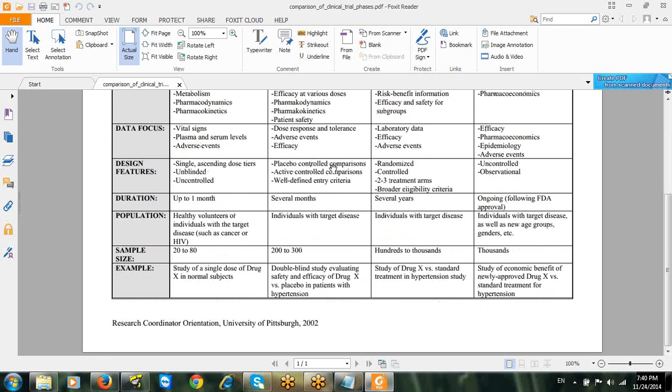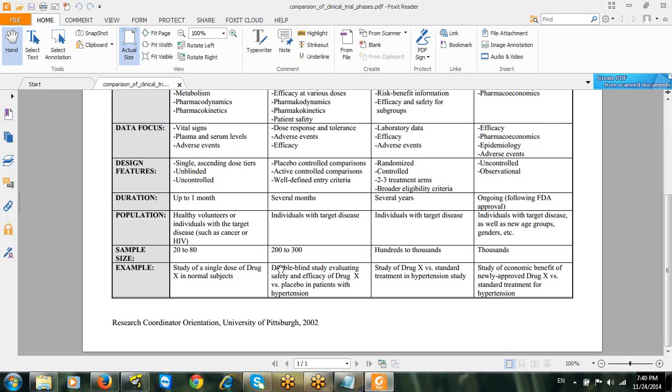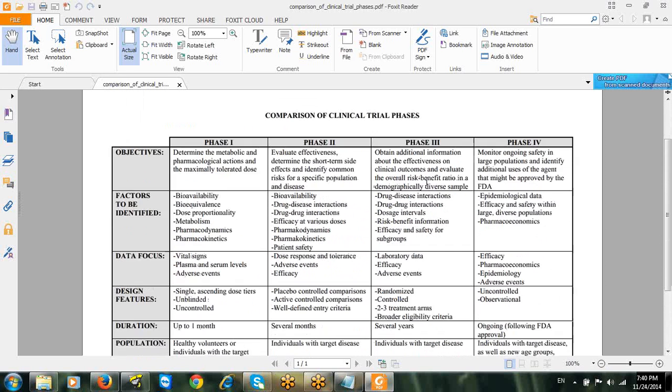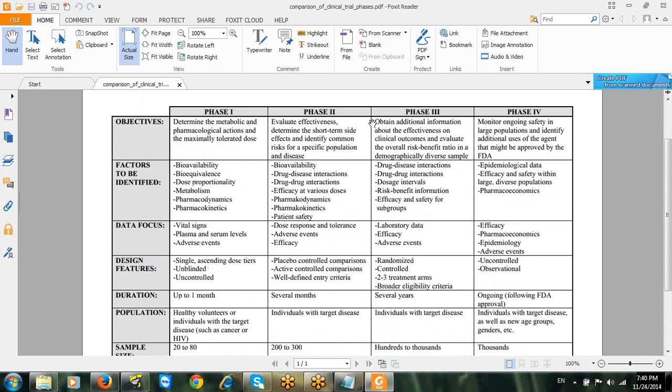Design: placebo-controlled comparisons, active controlled comparisons, well-defined entry criteria. Of course, it will be conducted for several months, maximum for 1 year. Individuals with target diseases are the population or sample here, and the size is a few hundred, around 200 to 300. Once they succeed with their research work, then they proceed with phase 3, where the objective